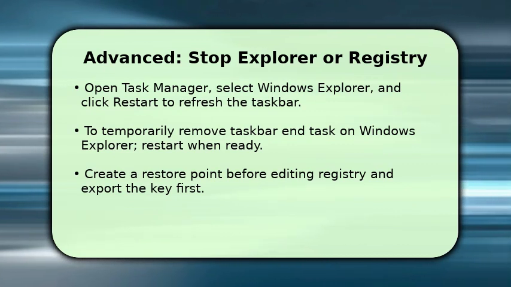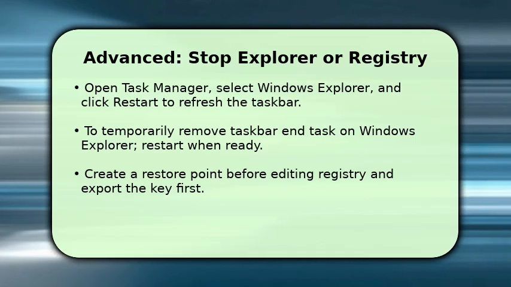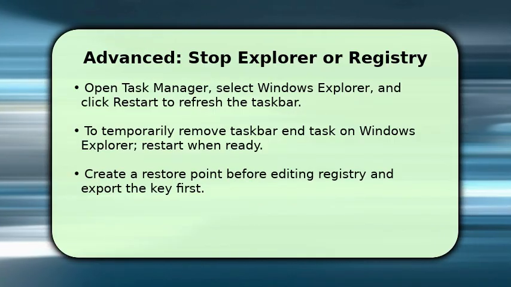Right-click Windows Explorer and choose End Task to hide the taskbar temporarily. Restart Explorer from Task Manager by choosing File, then Run New Task and entering explorer.exe. For a persistent change, you can edit the registry, but first create a restore point and export the key